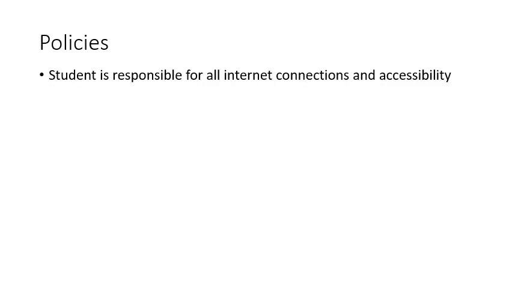Now for some class policies. First, the student is responsible for all internet connections and accessibility. I can't emphasize this enough. Being an online course, the student has an additional layer of responsibility for making sure that their internet connections, their software, their computer are all dependable and reliable,